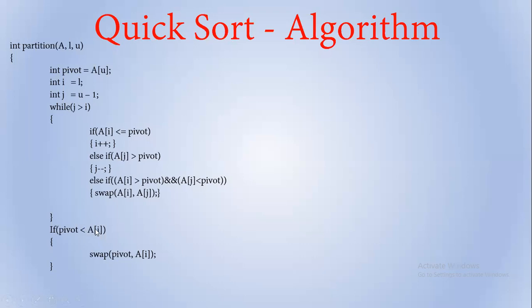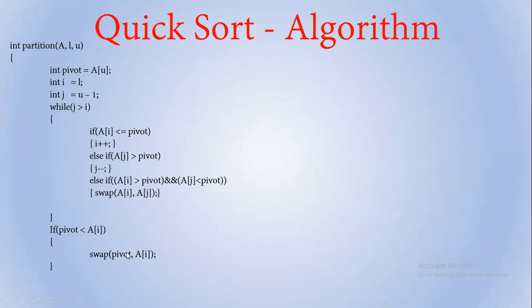So when this loop terminates, i and j will be equal to one value, and we compare that value where i and j are equal. At that particular value, if that is greater, we must swap the pivot value with that. That means we bring the last element, or the pivot value we set initially, to that place. For example, say i is equal to 2, so we swap A2 and A4.